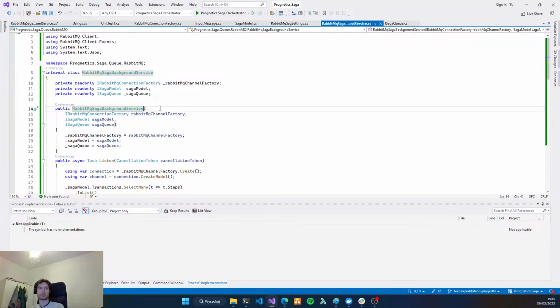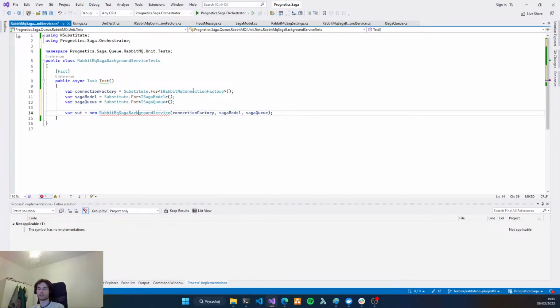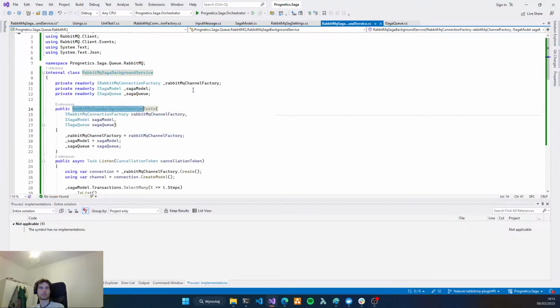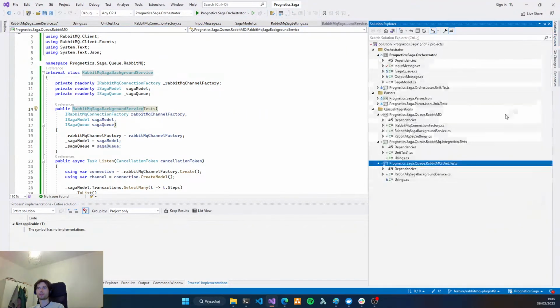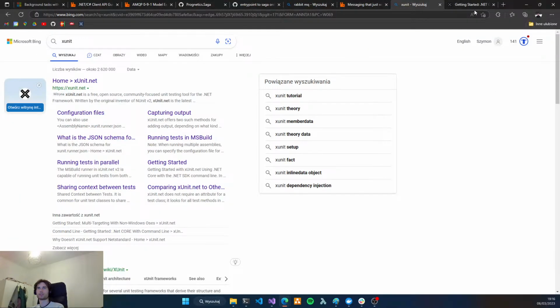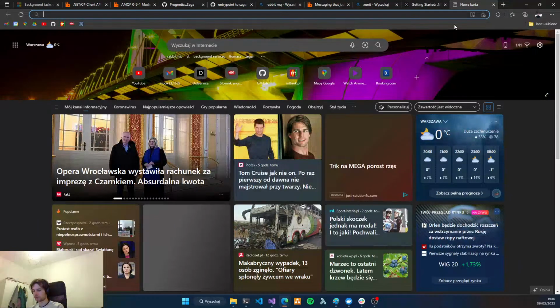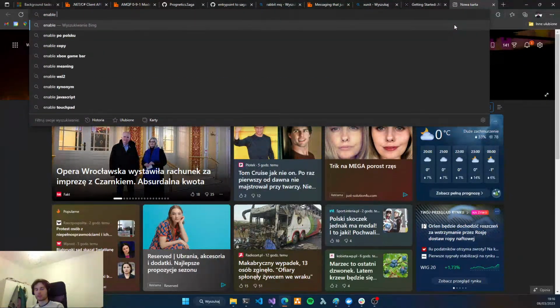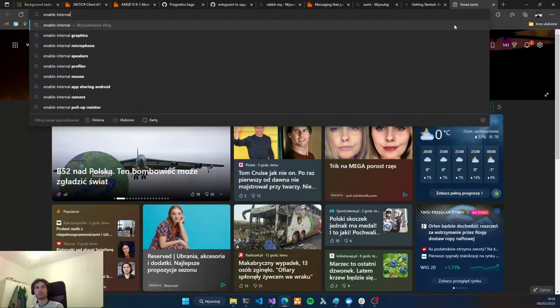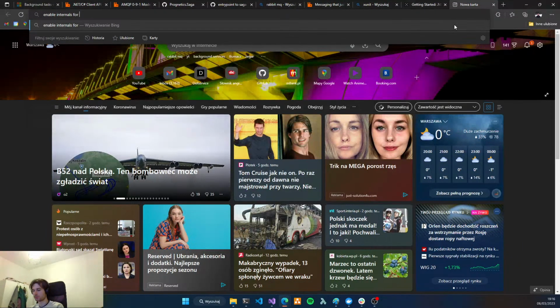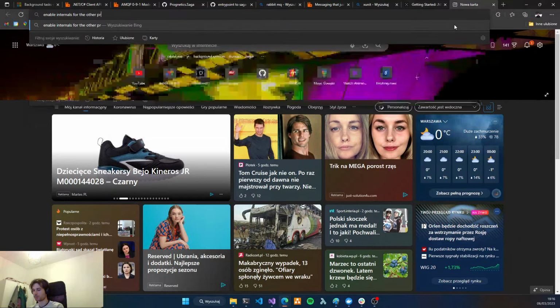okay, so yeah, we want to enable internals for the projects. How to do it? Okay, I remember that we can enable internals for the other project.